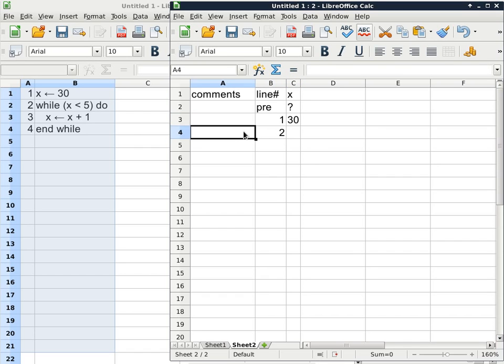We get to line 2, and the first thing we do on line 2 is to evaluate the condition. The condition is asking: x is less than 5. Is it true or is it false? False. It's false. So x is less than 5 is false. So where do we go? Post. We go to post. Excellent. That's exactly the behavior of this program: we don't even increment x by 1 even once,